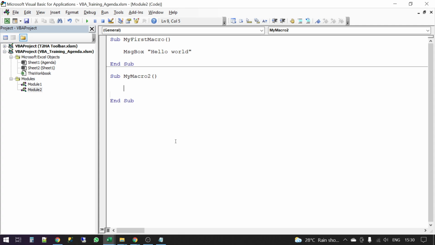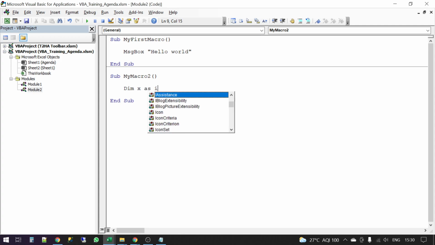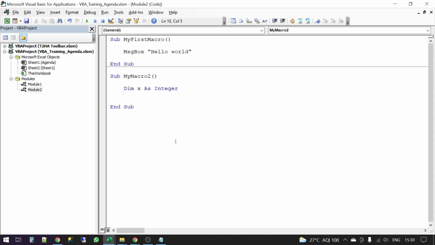I have a habit of initializing variables, obviously, because I do very advanced coding. But if you don't do that, it is not a problem. However, I will just mention how you initialize variables. Dim, then I write the variable letter, which is say x as integer, dim y as string. String is nothing but any text can be stored in this, right? There are other data types as well. I don't want to get into them at all. So VBA will handle the data types based on what value you are assigning to the variable. So you don't need to even think of this.